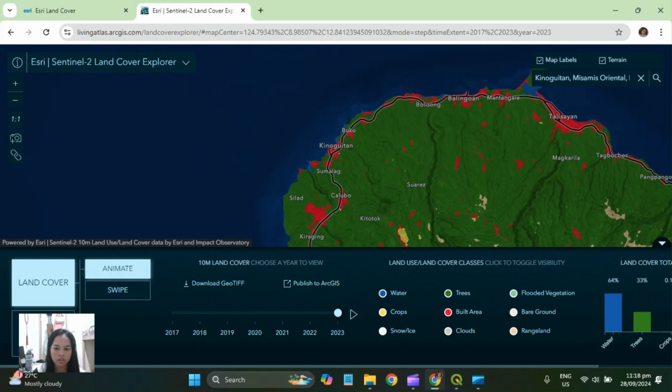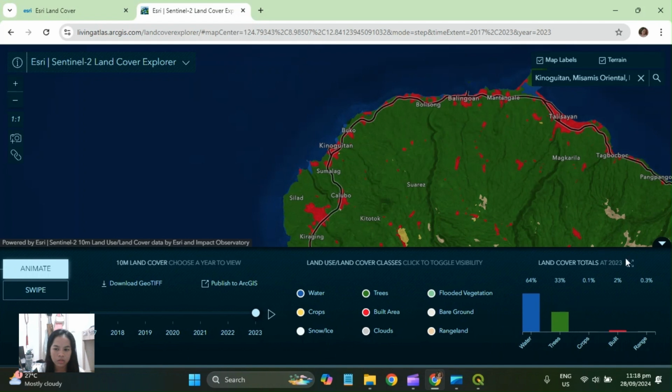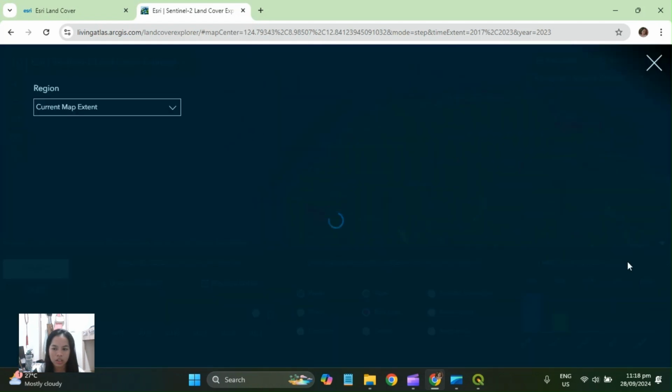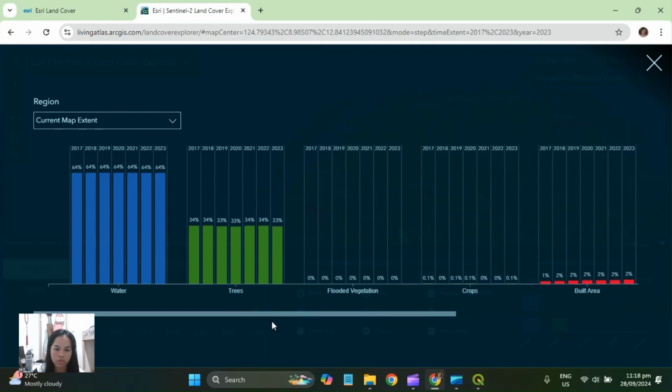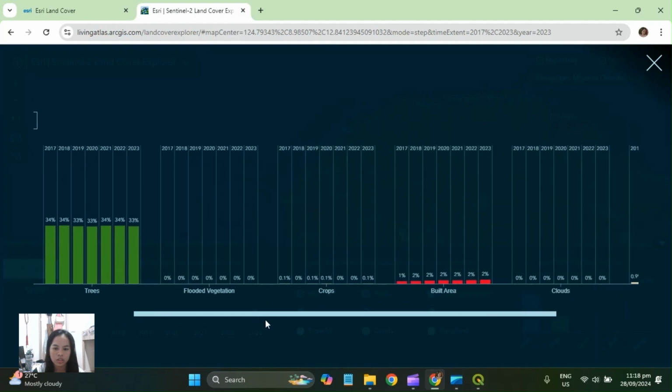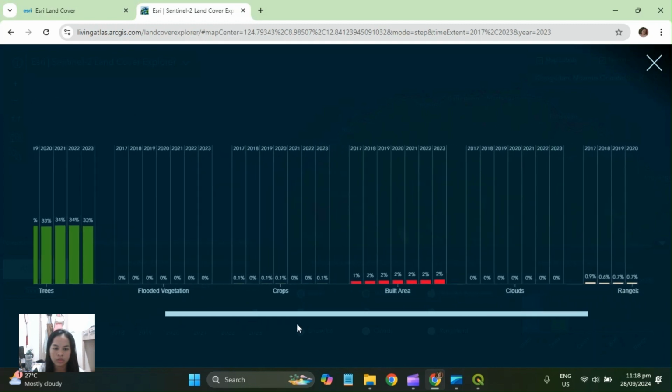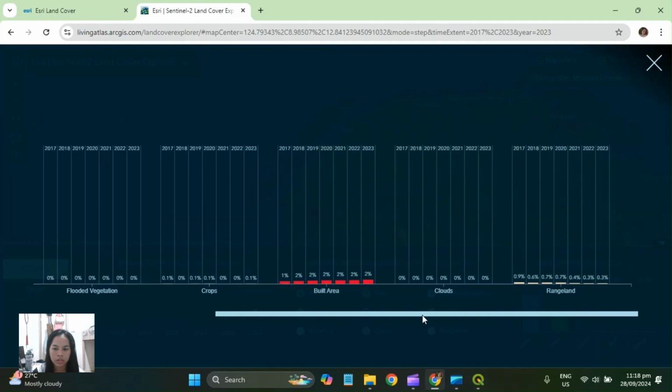As you can see here, this one is based on the land covers. So in Kinugitan we have the water, the trees is green, red is the built area, the crops, the rangeland.